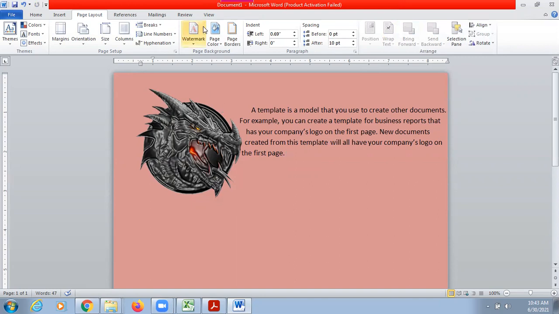I hope it is clear to everyone what all things you can do with the pictures and how you can place pictures and text side by side in a Word document. Now let's add the borders to the page and a background, like, how can we do it for a newsletter.